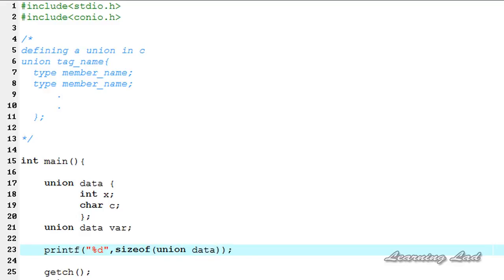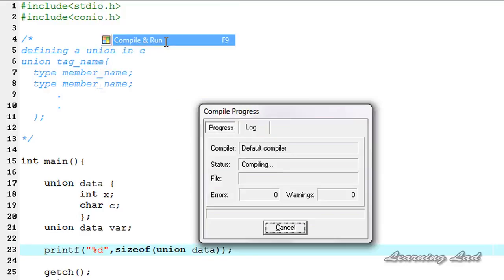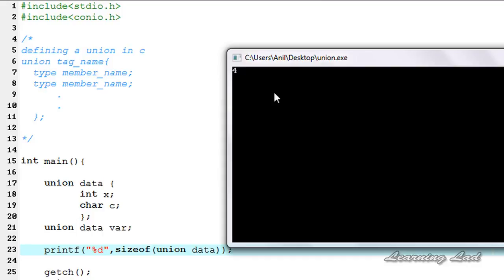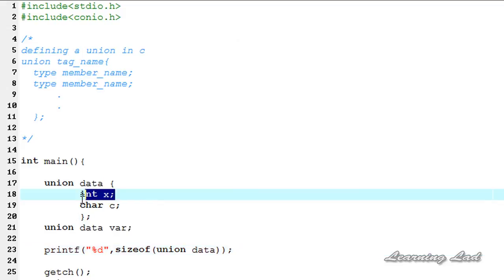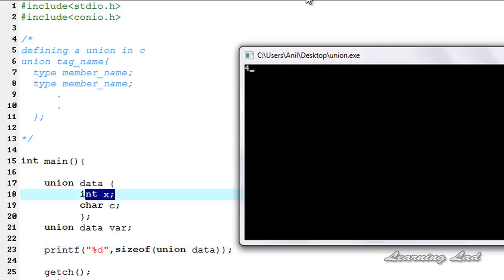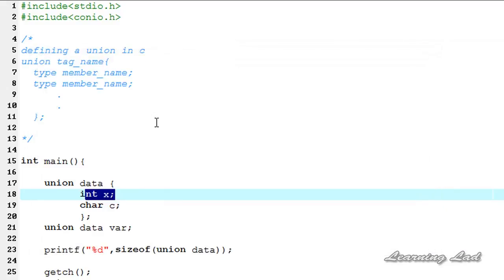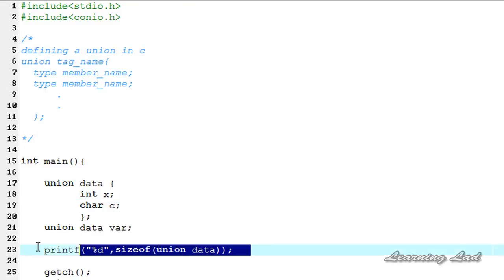Save this one, compile and run. You can see here the allocated memory is 4, which is the memory required for variable x, which is of type integer, and the character variable is shared with variable x. So let me close this one now, and delete this one,